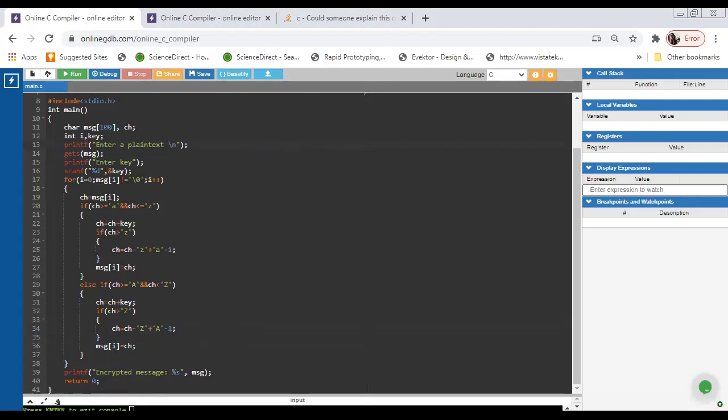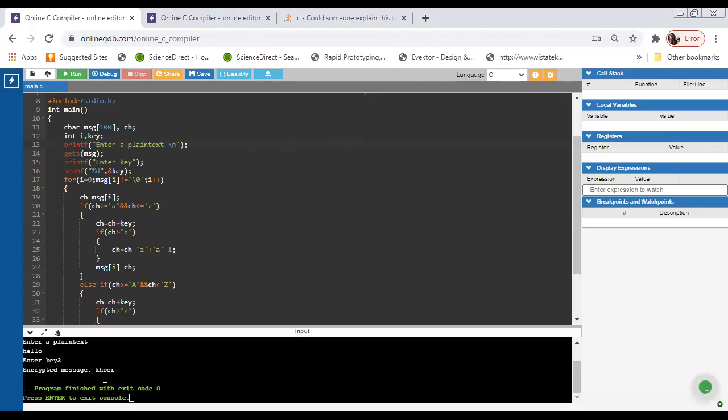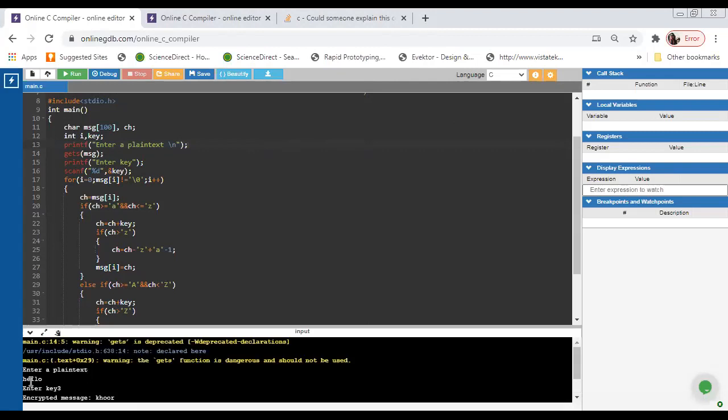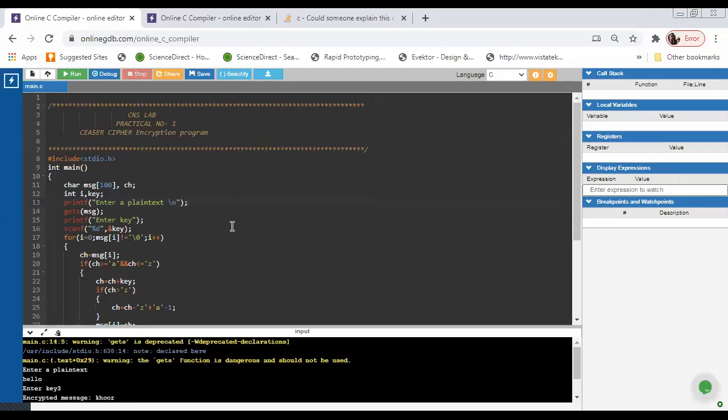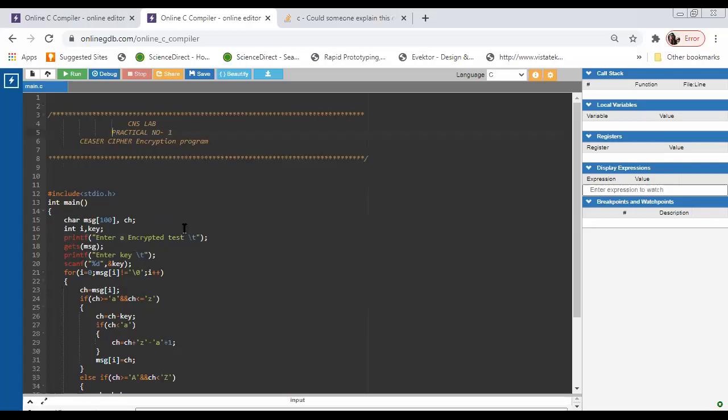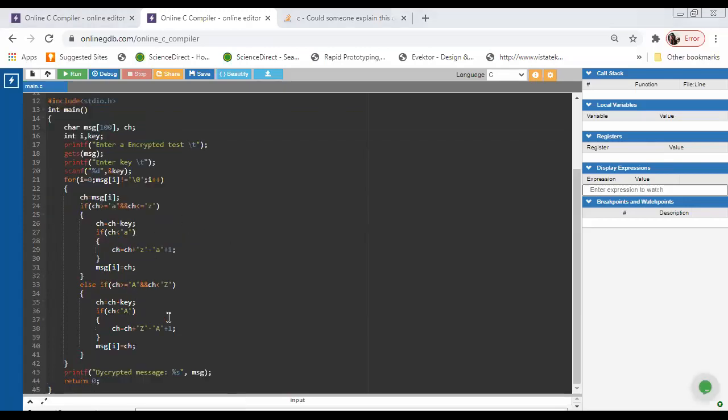Here we have seen an example of hello. Hello is my plain text, I add a key value of 3, and I get the ciphertext KHOOR. In the same fashion we can write the program for decryption.